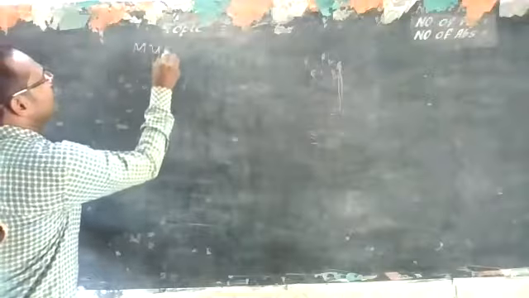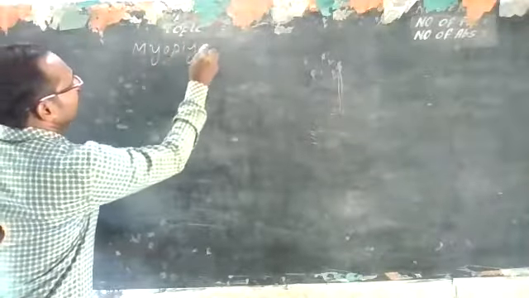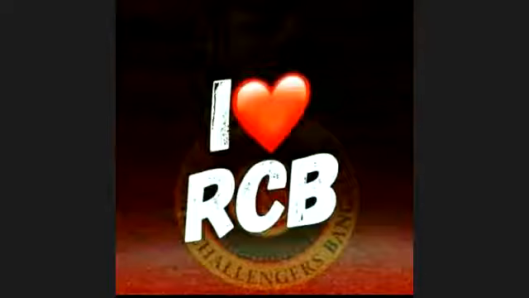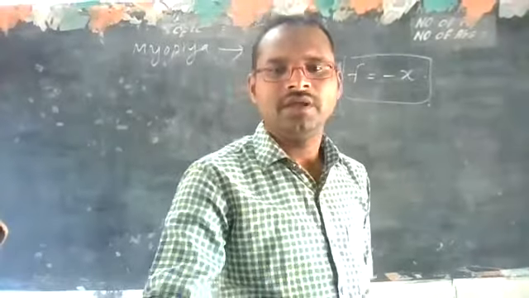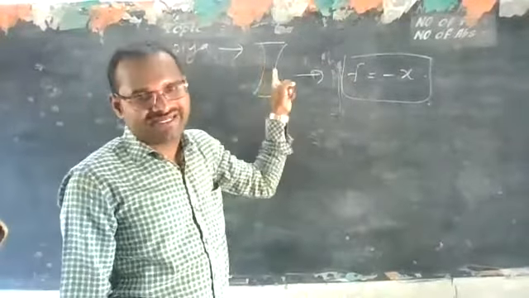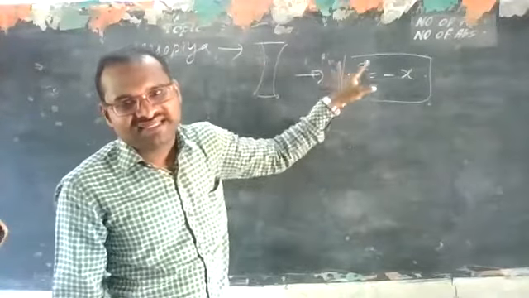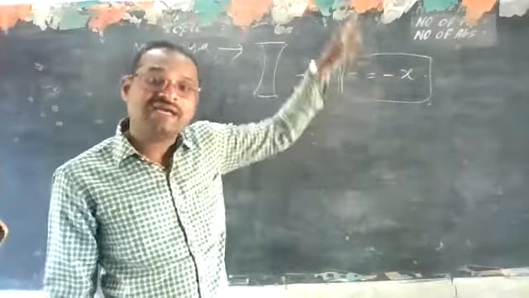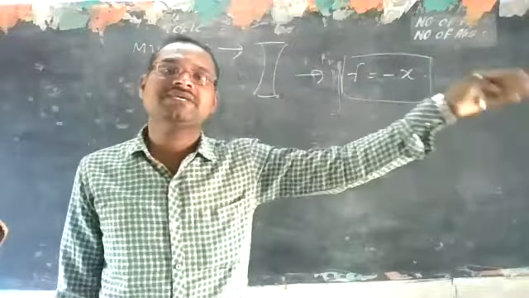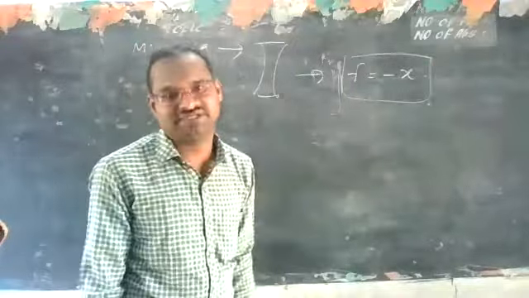For myopia, which type of lens we should use? Concave lens we should use. Okay, so for correcting myopia, we should use concave lens of focal length f is equal to minus x. X is the far point distance. Up to what maximum distance you can see, beyond that you cannot see. Okay, and for